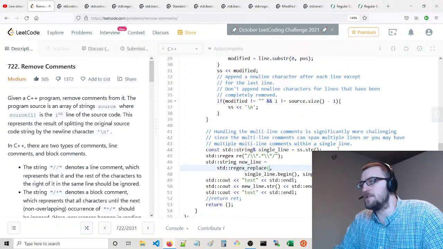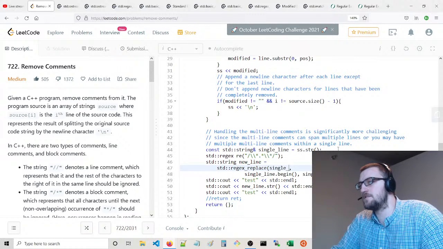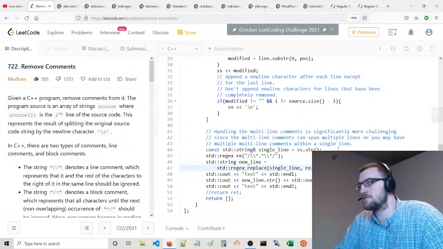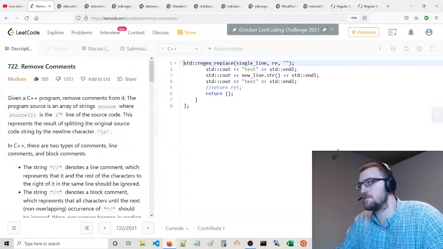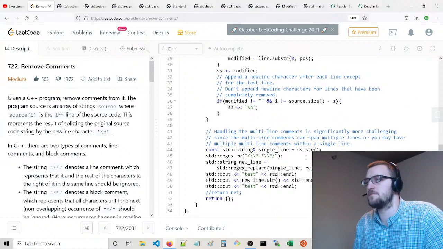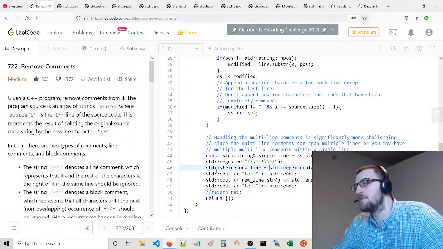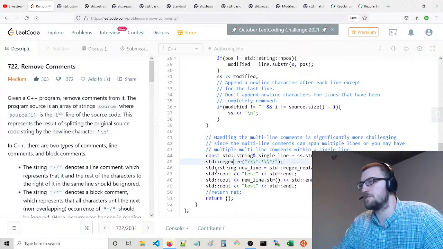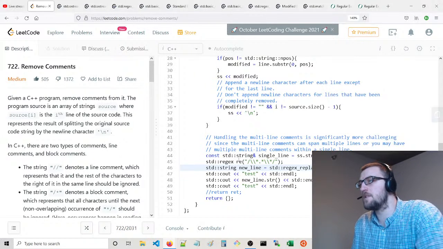And it's just going to be single line, regex. Yeah, just like this. I think it's fine. Actually, we could do that.